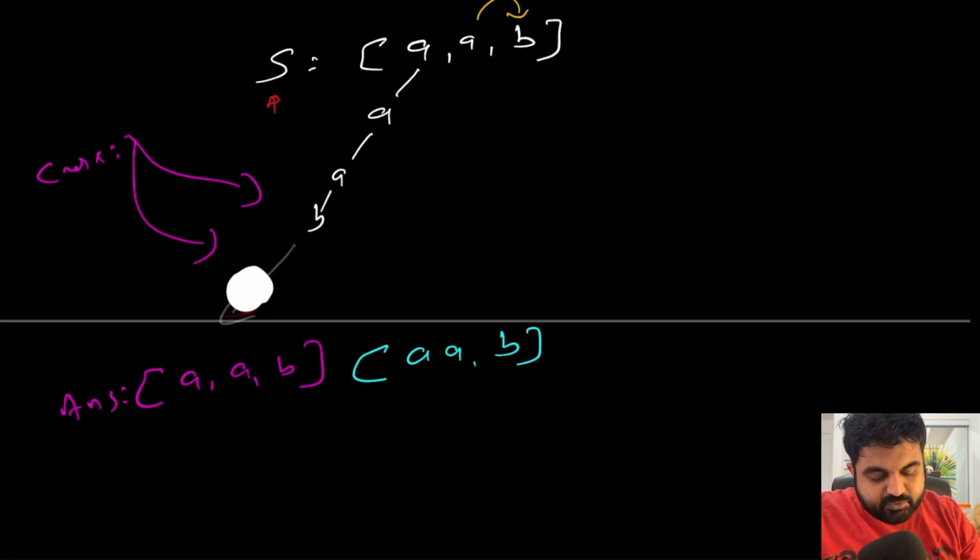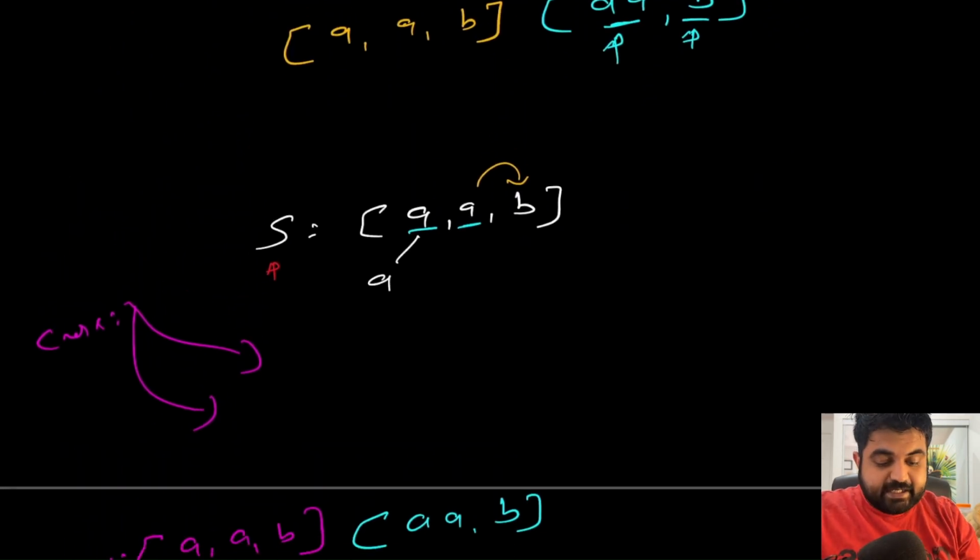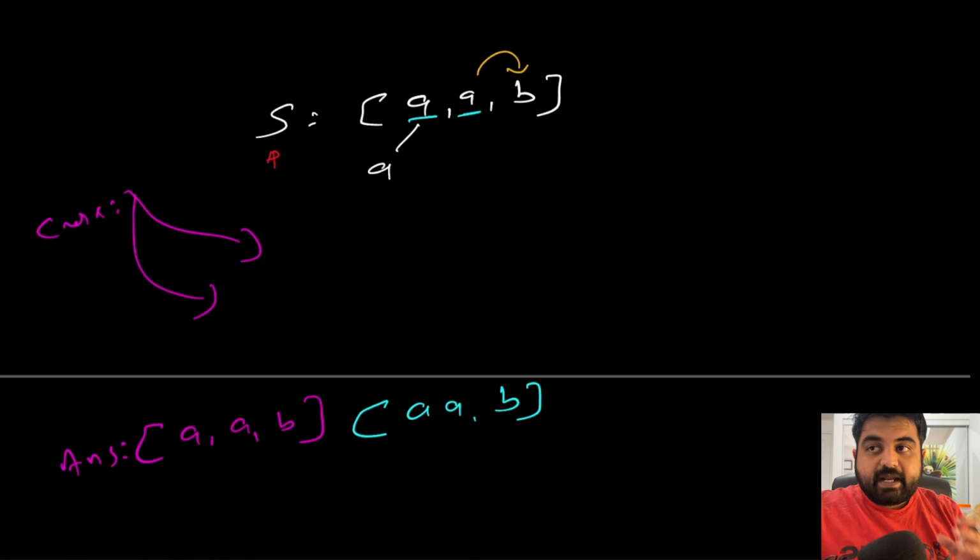Now we will try to choose a different path, and in this different path, what we are going to do is, with this a, pass the baton on to the next element. We will say that, hey, next element, if you want to try some partitions, let's check those. So once again, from this a, we can create another partition like ab, but definitely this partition is not a